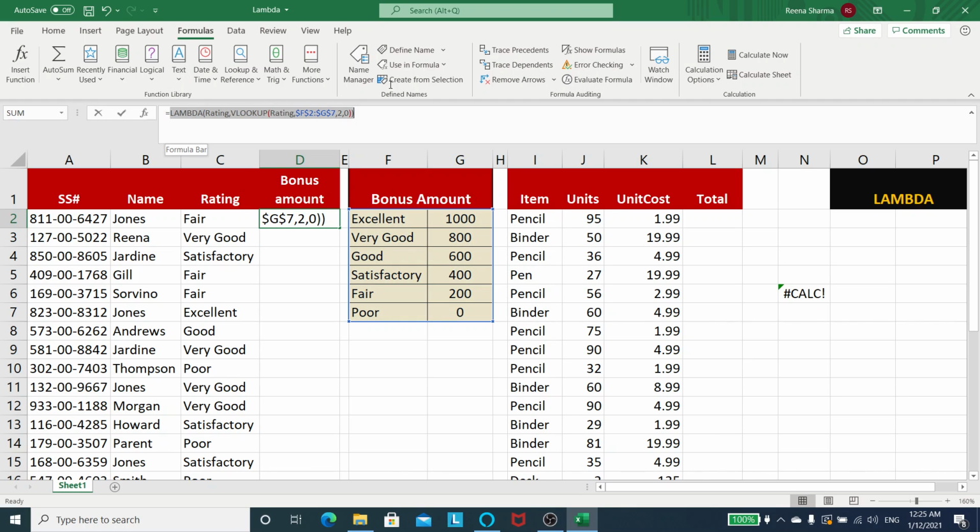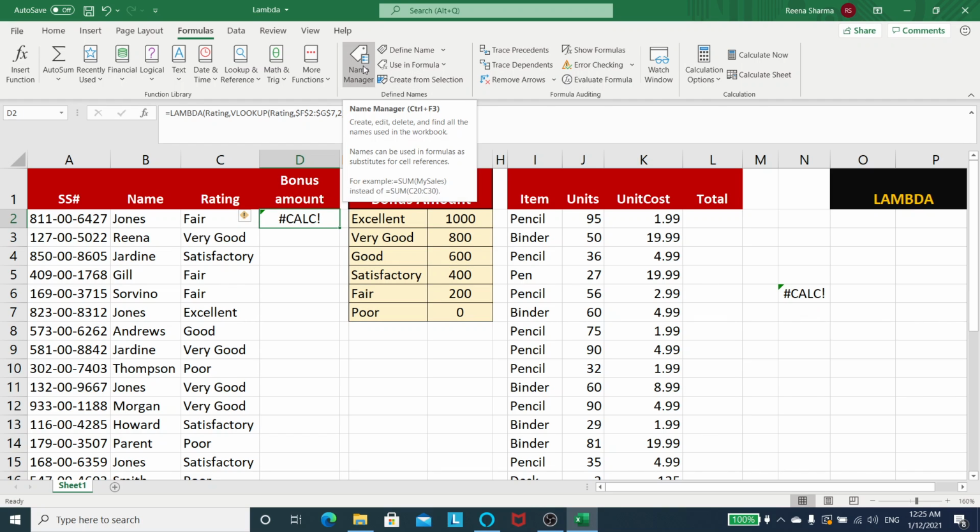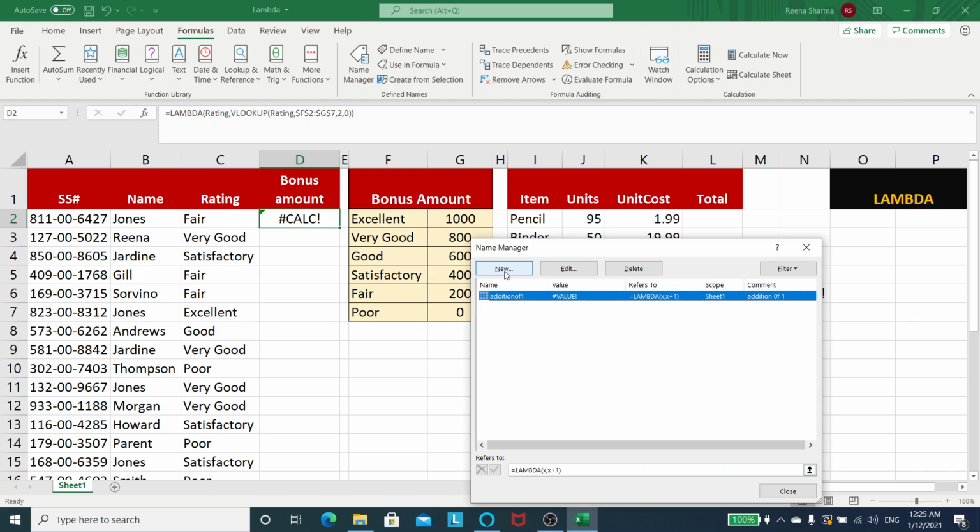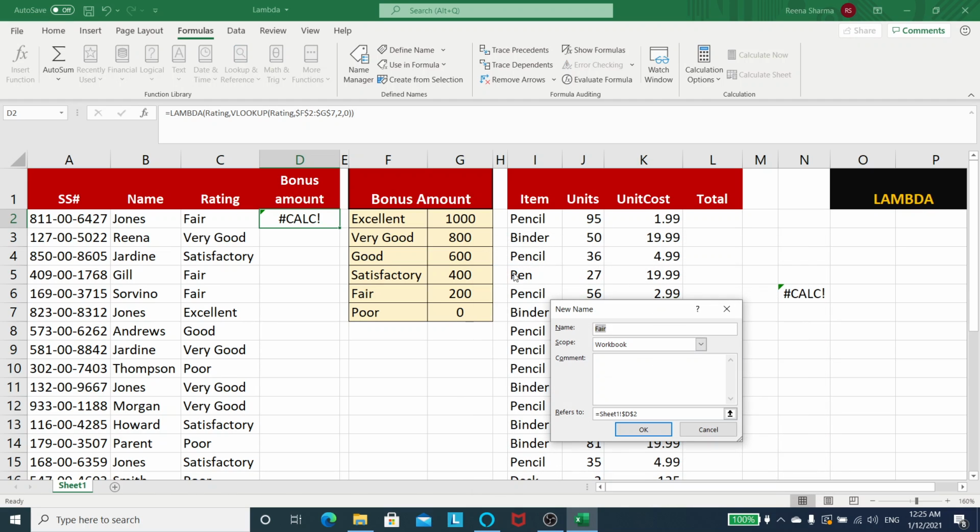Now let's create this function. This function in the lambda, in the name manager. So I will click on the new. This is the new function. What I need is the bonus amount. So I'll give the name bonus amount, and I'm not giving any space here as this is a formula name. Where I need it, I need this formula in sheet 1. I will paste my formula here, and I will give a little bit here